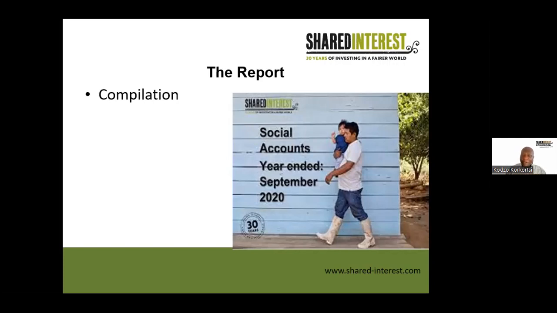So once the write-up is finished, we move to the next stage, which is the editing. The editing looks at the appropriate use of our language. It looks at whether there is clarity in what we have provided, whether there are inconsistencies or inaccuracies that need to be rectified, whether the report is clear, understandable, readable, and could be easily consumed by our audience.